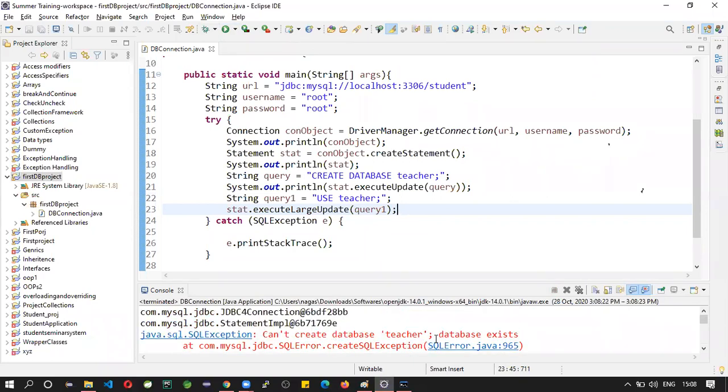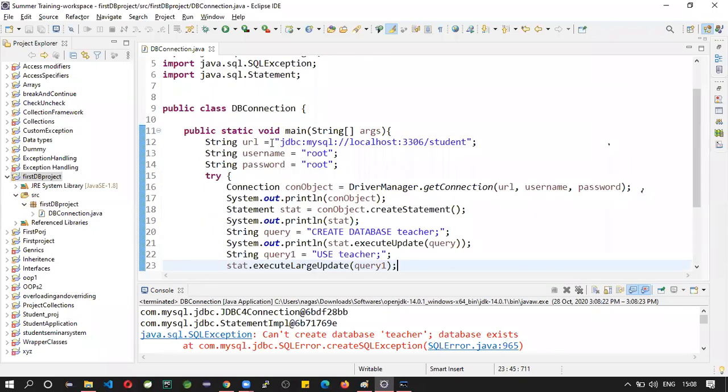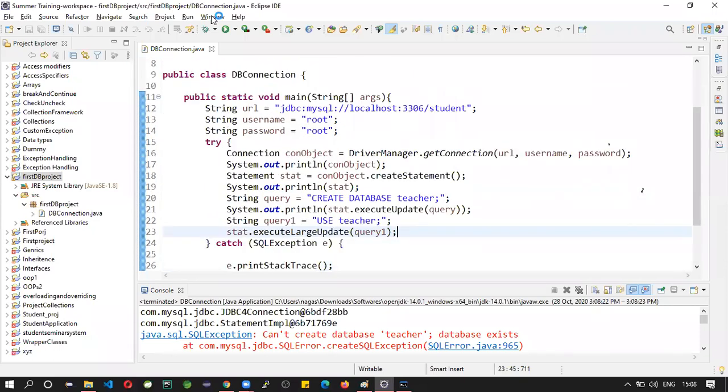Can't create database. Teacher already exists. See, whenever I try to execute this program, everything will be executed from the starting.